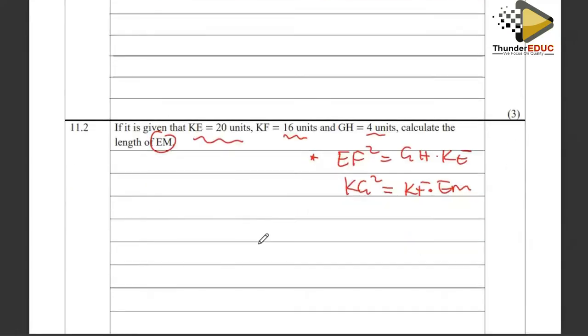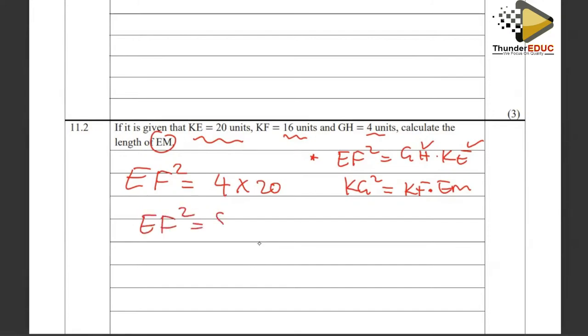Now, what do the two have in common? EF is the same as KG. So either way, let me start by looking for the EF. Since I have my GH, I have my KE. So meaning that EF squared is going to be 4 multiplied by 20,